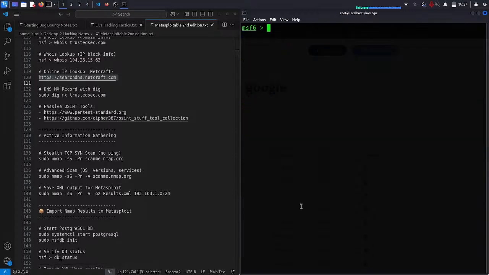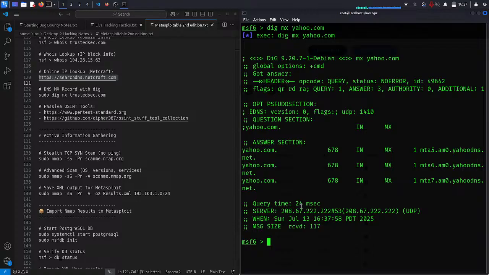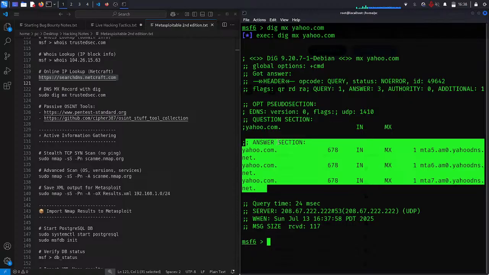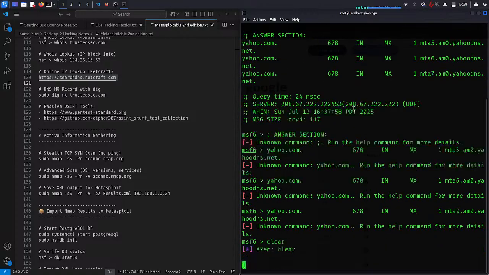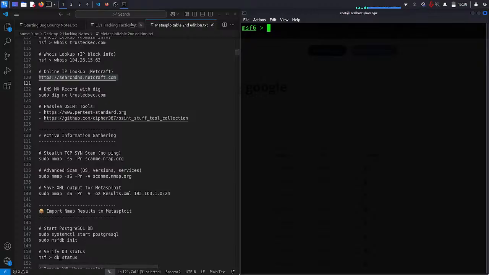Let's try it now with Yahoo. That's another very popular email service, as we know. mta.yahoo.dns. I guess they're being hosted in these sites here. Whoops. Anyway,